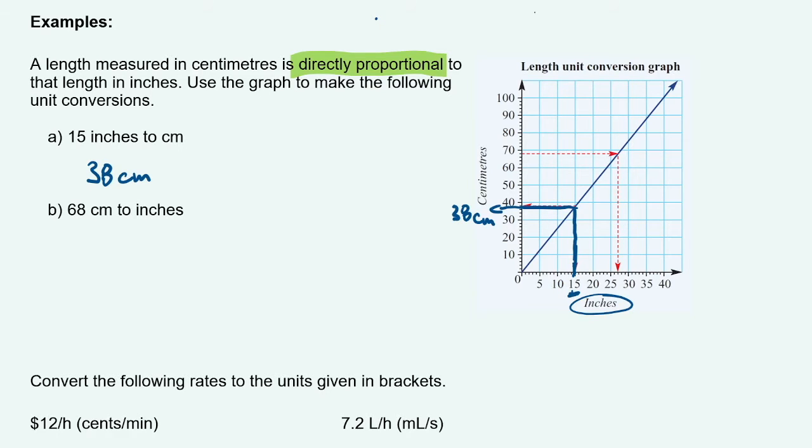So that means our answer is 38 centimeters. The second one there is 68 centimeters to inches. So we can go the opposite way. We've got centimeters along the side here, so it's the vertical line. And I go up to where it says 68. So there's our 68 right there. And I go along the horizontal until I hit that line. Then I come down, and I hit that spot there, which is 27